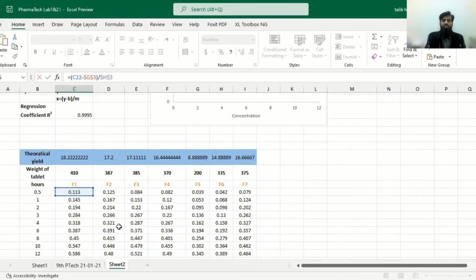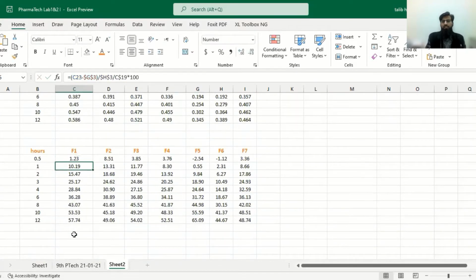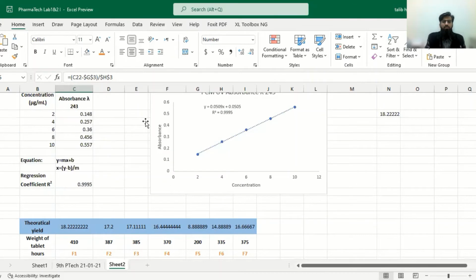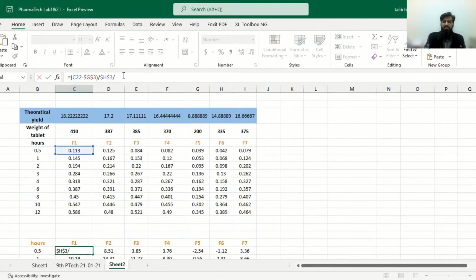It will give you the concentration here. But we are not only finding a concentration, we are finding its percentage release also. For percentage, this will give the concentration, meaning the actual yield. For the formula of percentage yield, we require the actual yield divided by the theoretical yield. So to divide it, we will again apply the divided by sign. Where is the theoretical yield? Theoretical yield is calculated and has been written in a table as previously. So we will check it for theoretical yield.